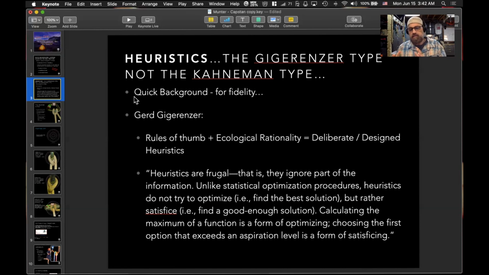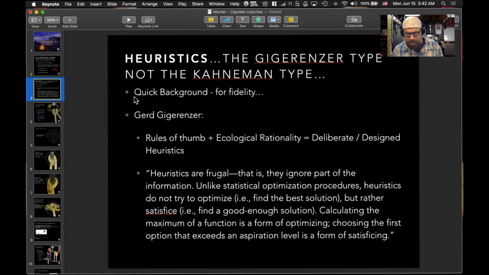When we look at the arguments against heuristics, those are typically heuristics correlating to biases that we have in our brains a little bit on certain things. That is not what we're talking about. We're talking about knowing your system well enough that you are able to create rules of thumb that you're able to go through. There's a great quote there at the bottom from one of Gerd's papers talking about heuristics